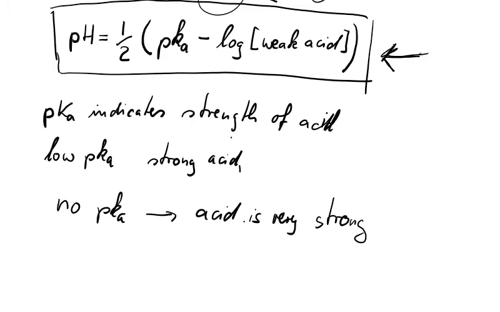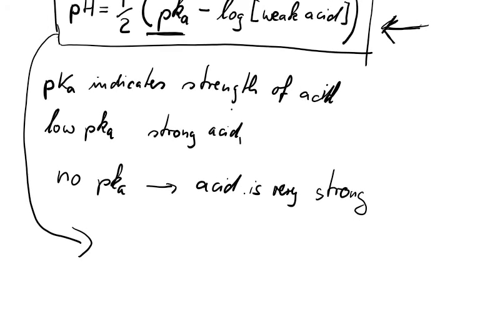And what I would expect you to be able to do is also play a little bit with this equation. So for example, this is actually a technical application. If you have, for example, an unknown acid and you want to find out what the pKa is of this acid, how much this acid actually dissociates, what you can do is rearrange this equation. So let's quickly do that. We bring that 2 to that side. So we have pKa